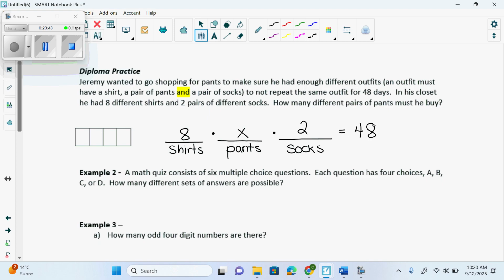I'm going to look at my wardrobe. What could it be to make sense? So, we could guess and check to figure it out. Or we could go 8 times 2 is 16x equals 48. What would this x have to be? 3. We could say, oh, it has to be 3. Or you could do actual math, and say it's